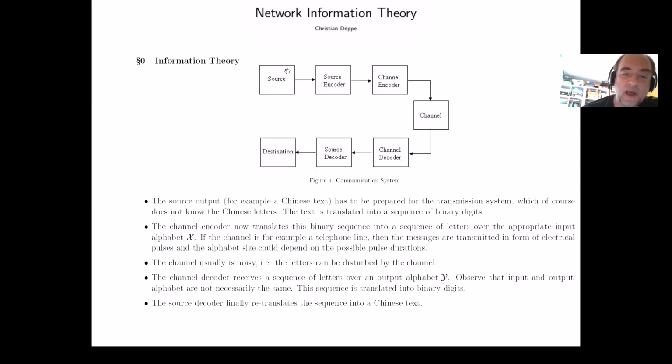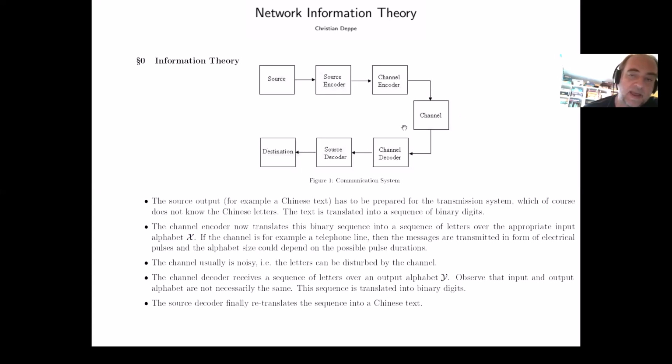So a source outputs some text, let's say Chinese text, for example, and sends it to the source encoder. The source encoder wants to change this, for example, into a binary sequence and take out all redundancy so that it does some data compression, then sends the sequence to the channel encoder. The channel encoder now inserts some redundancy because the sequence should be sent over a channel which is